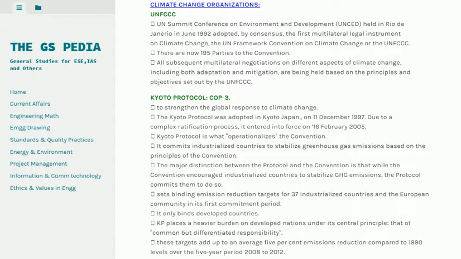Sets binding emission reduction targets for 37 industrialized countries and the European Community in its first commitment period. It only binds developed countries. KP places a heavier burden on developed nations under its central principle, that of common but differentiated responsibility. These targets add up to an average 5% emissions reduction compared to 1990 levels over the 5-year period 2008 to